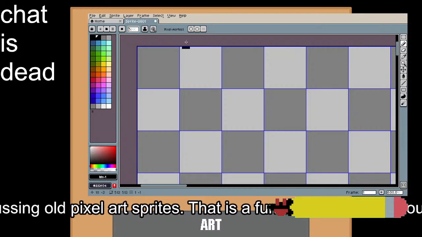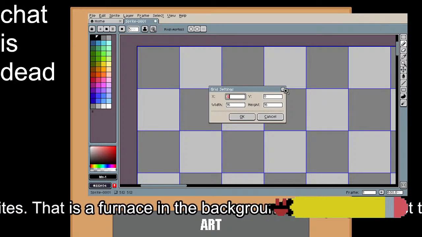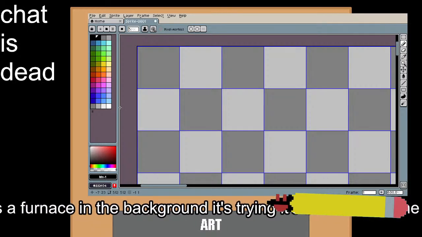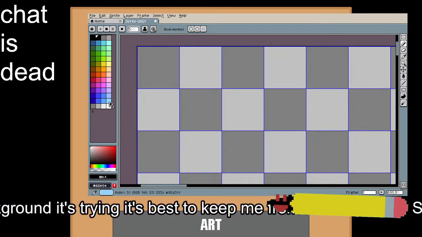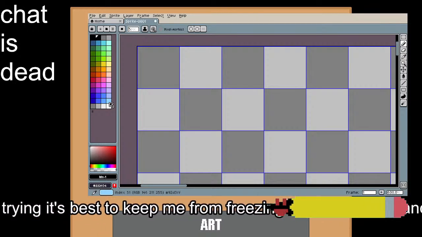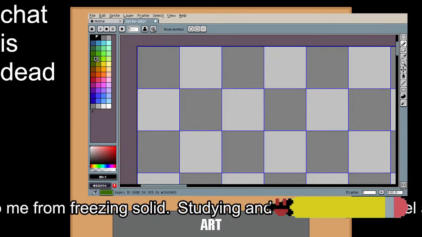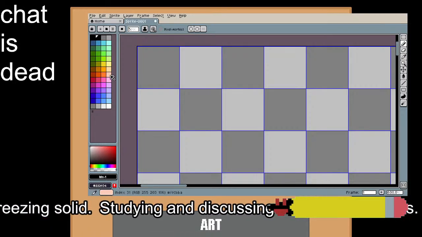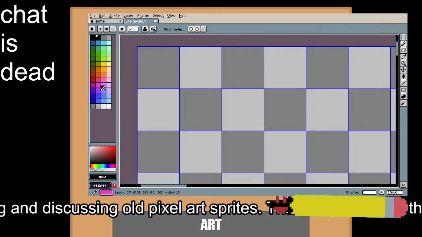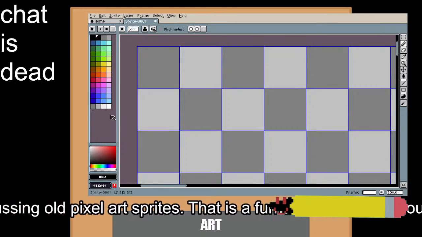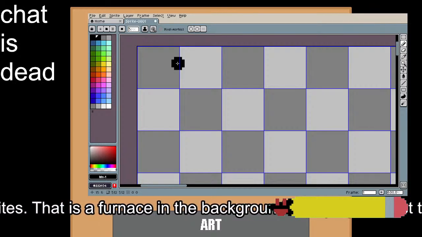So let me just turn on the grids and get them to a size. 16 is what I want. Over here I have one of the NES palettes. Now, unlike most systems that we would think of today, which could use any color they want and just slot them into a slot, the NES, being an 8-bit system, only had so many colors for its palettes, and even beyond that, it only allowed 4 per